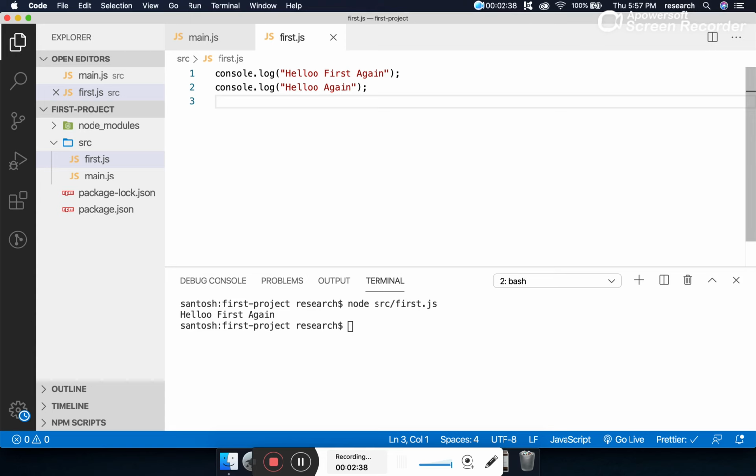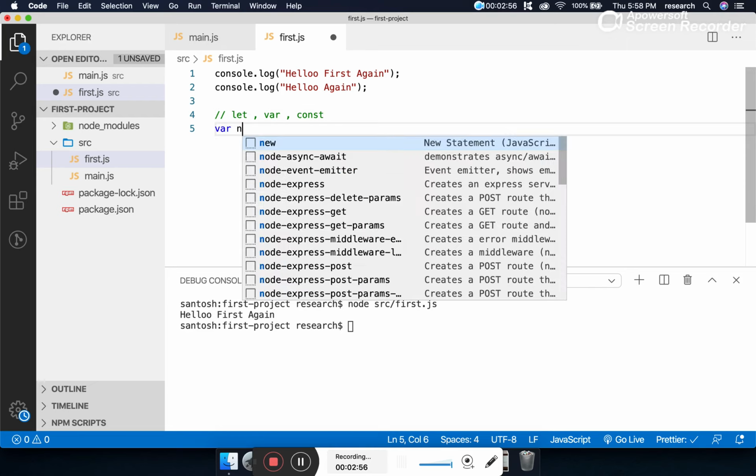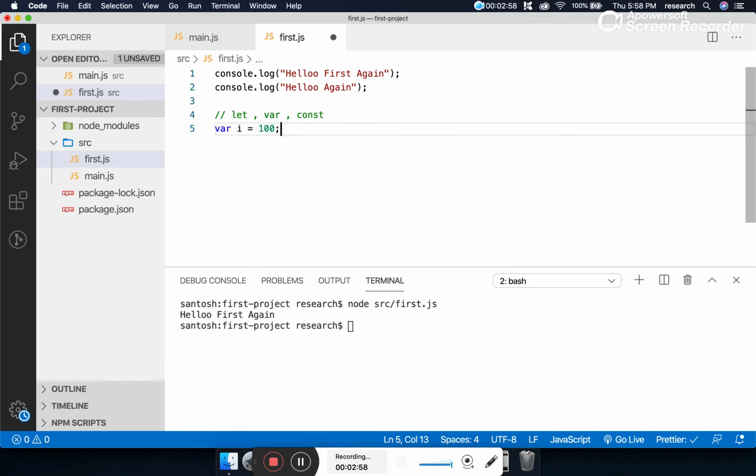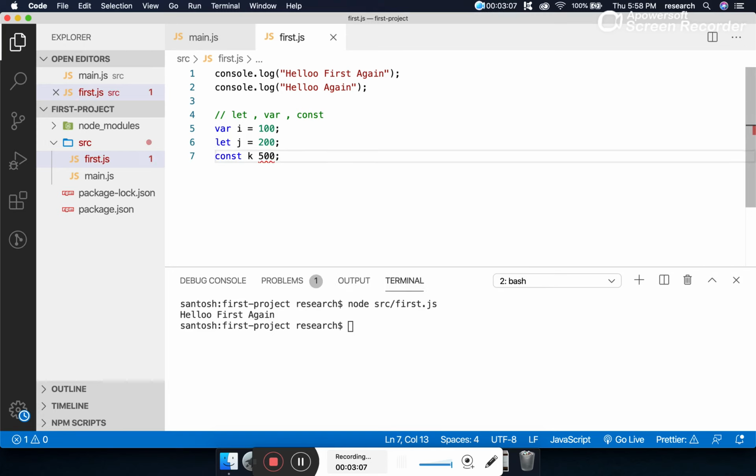Now let's learn how to declare a variable in JavaScript. So how do you declare a variable? By using the keyword let, var, or const. These are the three keywords used to declare a variable. So either we can use var, let's suppose i is equal to 100, and let j is equal to, let's suppose, 200, and const k is equal to 500.